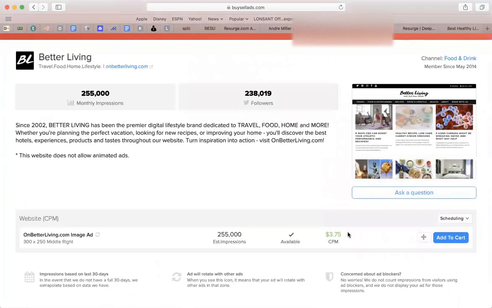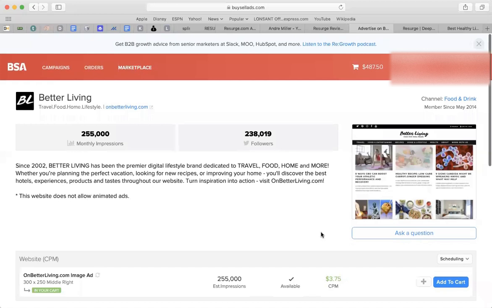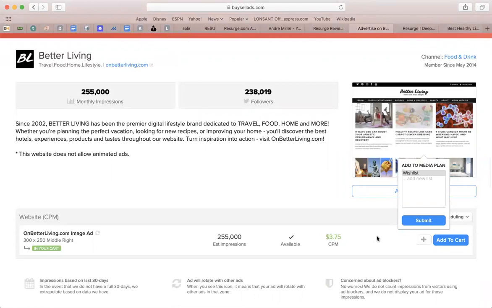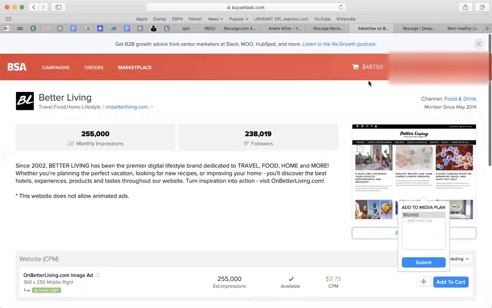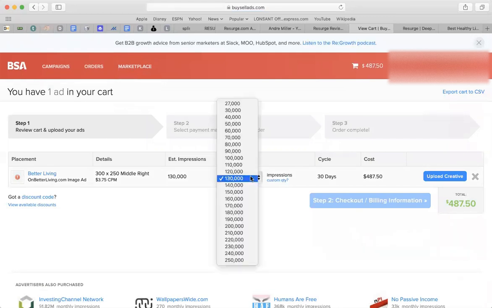So when you come here, cost per impression. So this is cost per, right? Okay, let's see. So if you look at this, right? This is what it would cost you per month. Now, if you want to change it down, if you do it for